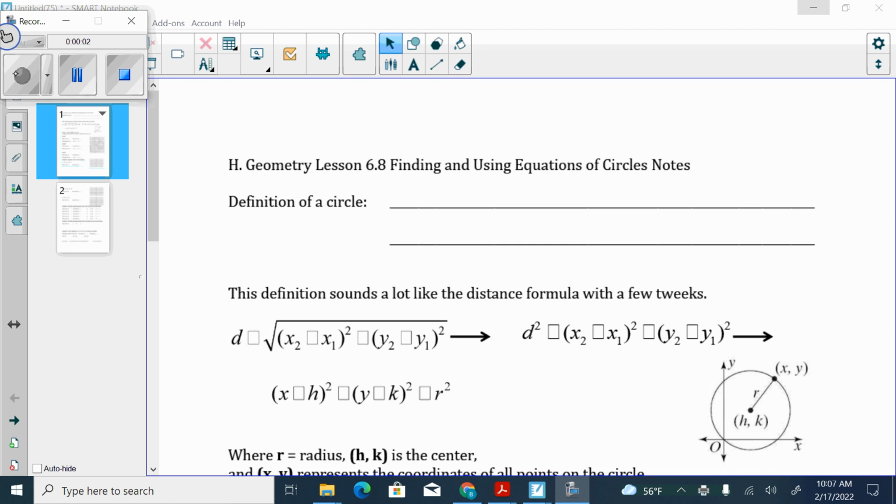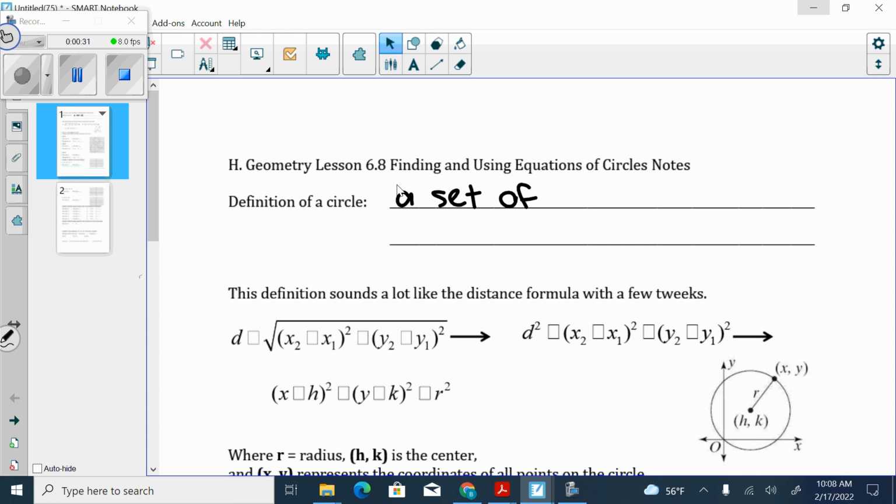We have been talking about circles for a little while now. Back in 6.1, when we first introduced them, we said the definition of a circle was that all of the points on the circle were equal distance from the center, right? Any point that falls on the actual circle is the same distance from the center as any other point on our circle. So this is a set